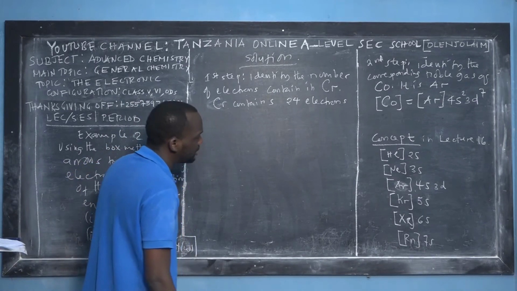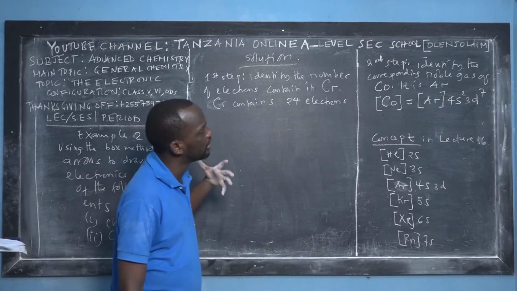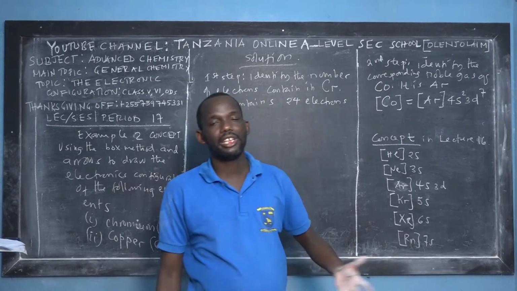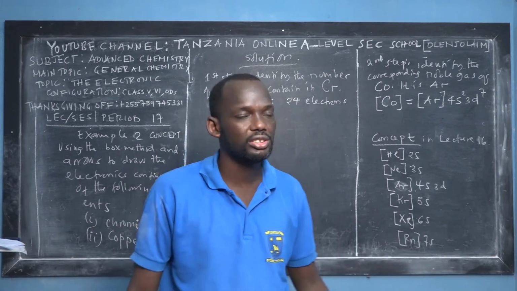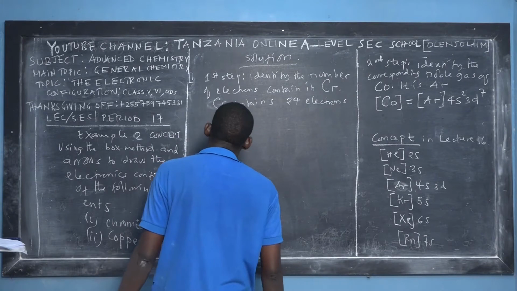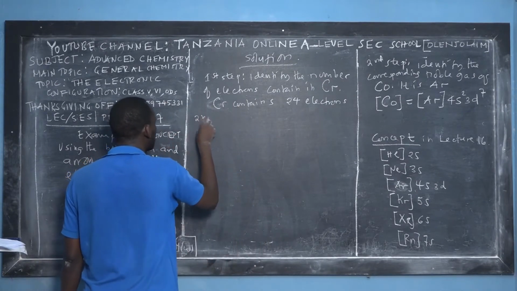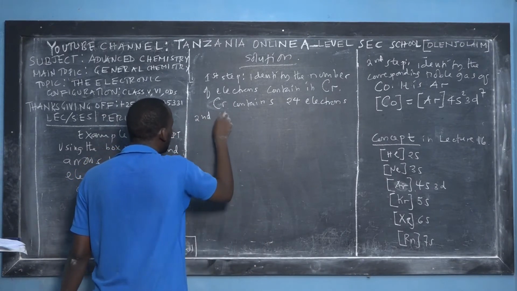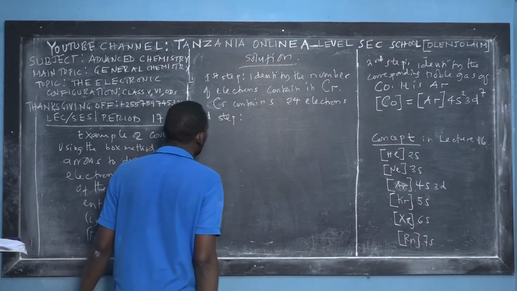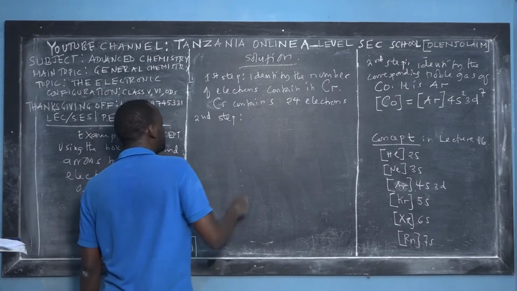For the box method, some books also include the noble gases, and some books write an open or long box method. I think the best one for you, as a beginner, is writing the long box method, so as to understand the concept. So the second step,